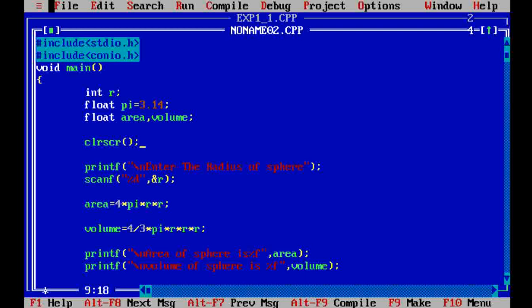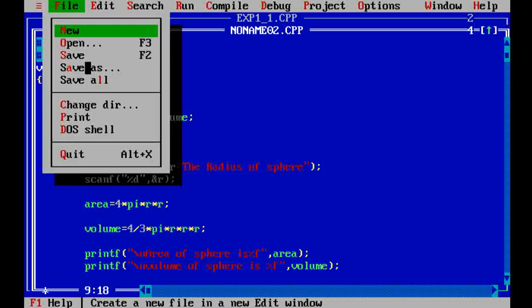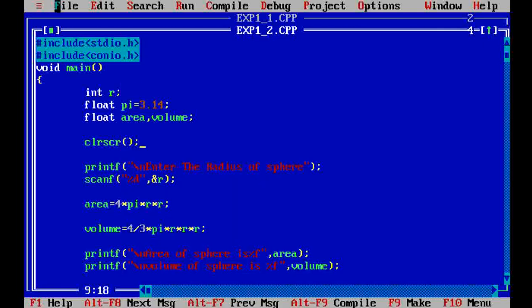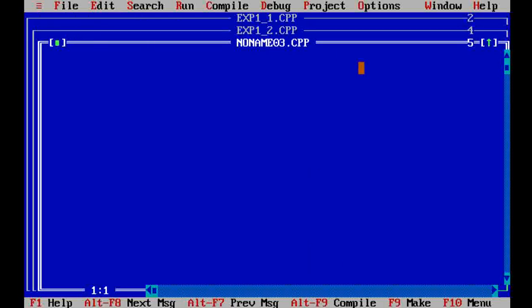So first of all we save this program, the experiment number 1 second program, by using .cpp extension we save it. Now open the third one.